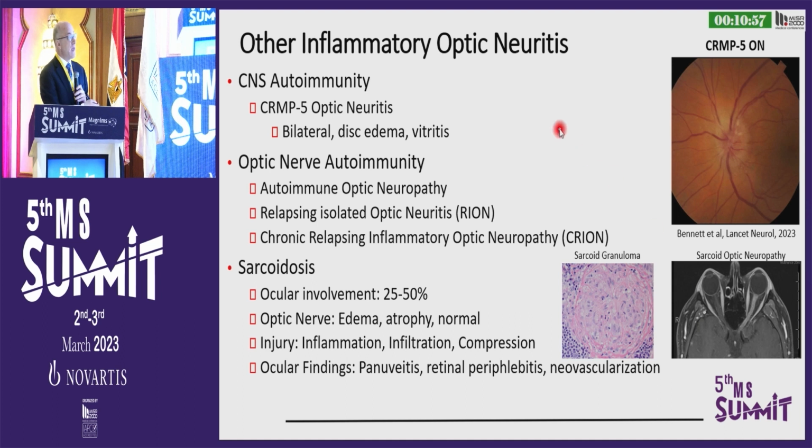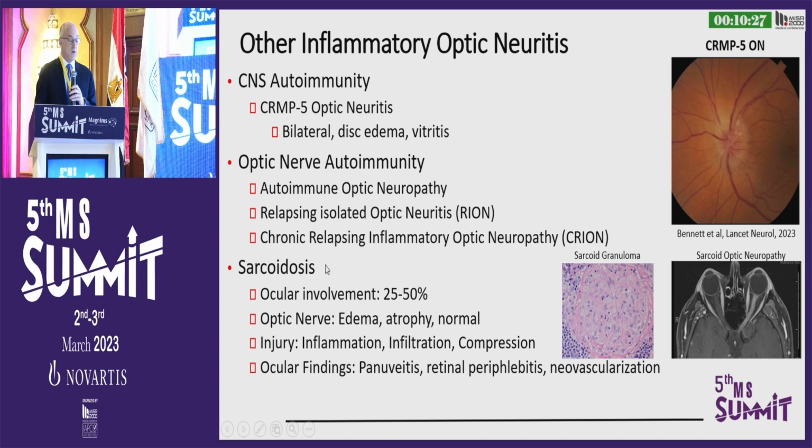Other forms of inflammatory optic neuritis include collapsin response-mediator protein 5, CRMP5 optic neuritis, which is a tip-off for bilateral disc edema and vitritis, and a picture of this CRMP5 optic neuropathy is shown on the right. Optic nerve autoimmunity with recurrent immune-mediated optic neuritis or chronic relapsing inflammatory optic neuritis being idiopathic causes, as well as